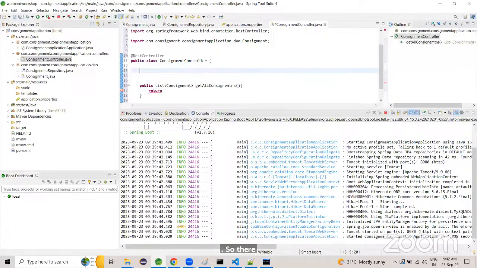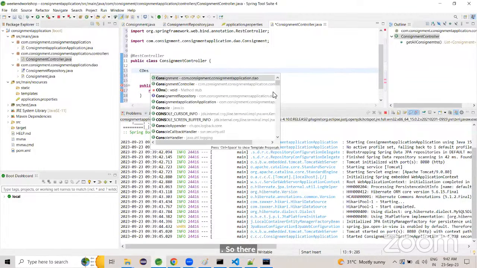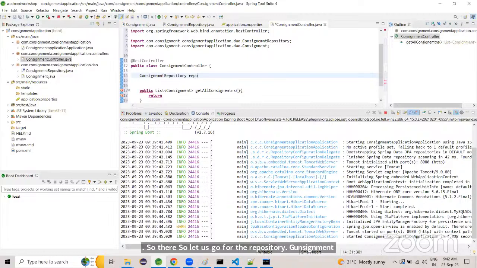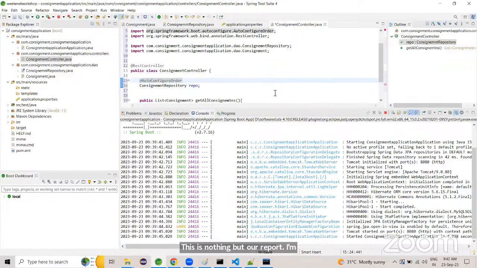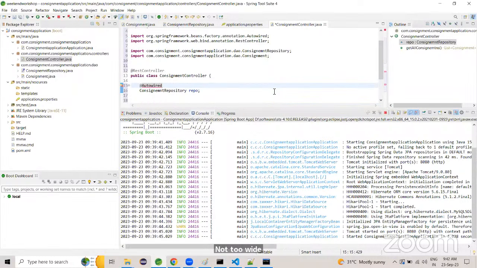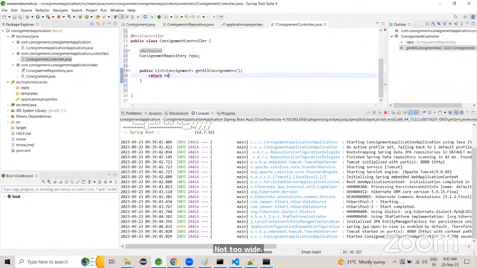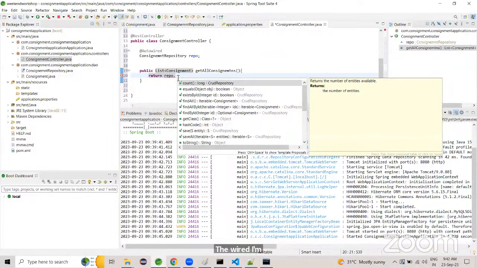So return. Let us go for the repository. ConsignmentRepository I'm taking. This is nothing but our repo. I'm just autowiring it. My bad, @Autowired I'm taking. So return repo dot, so-called Spring developers,